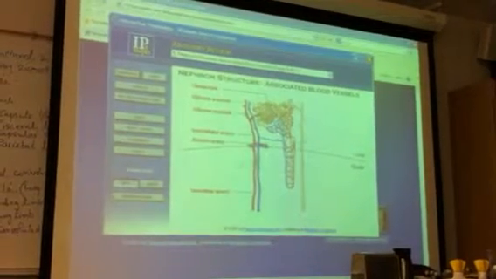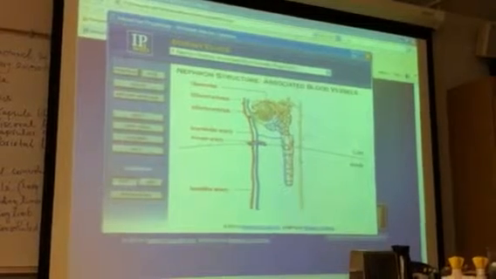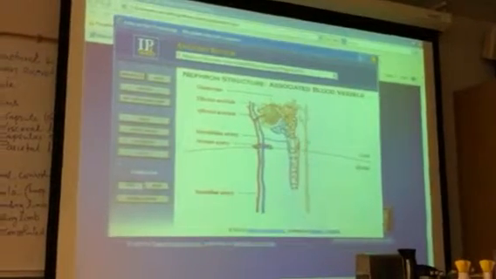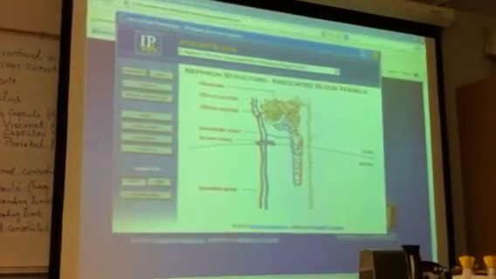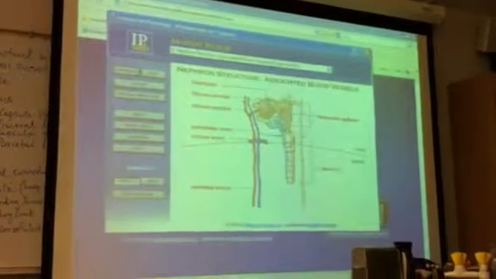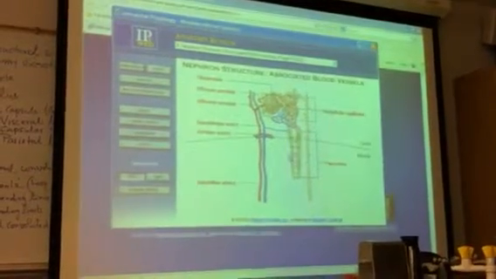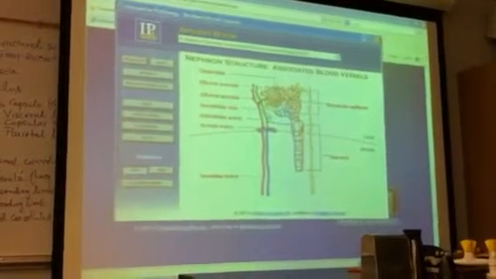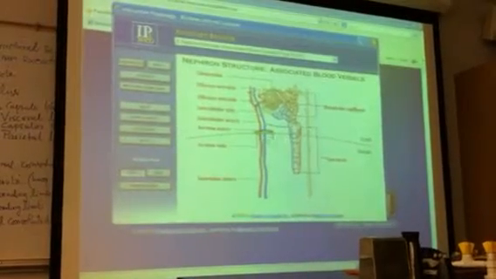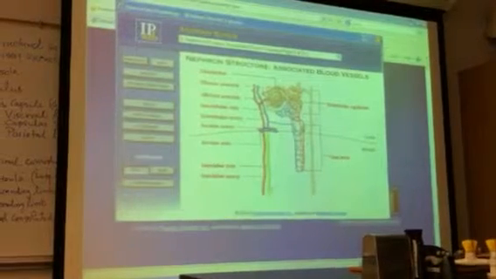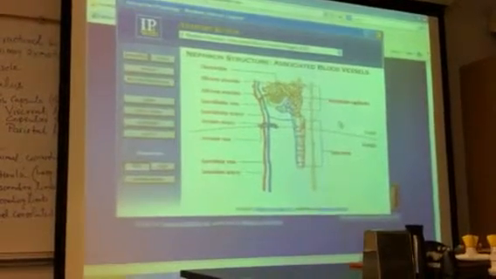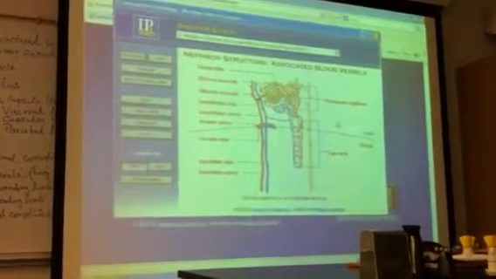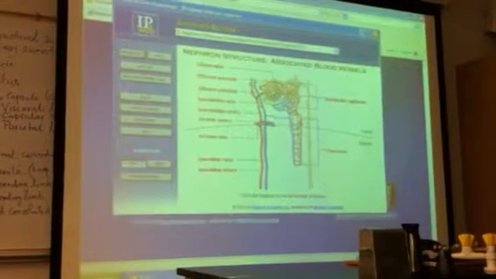Notice that the afferent arteriole is larger in diameter than the efferent arteriole. Blood passes from the efferent arteriole into the peritubular capillaries and vasa recta. From there, blood drains into the interlobular vein, flows into the arcuate vein, and enters the interlobar vein, eventually reaching the renal vein. Now click the nephron to see its tubular structure.